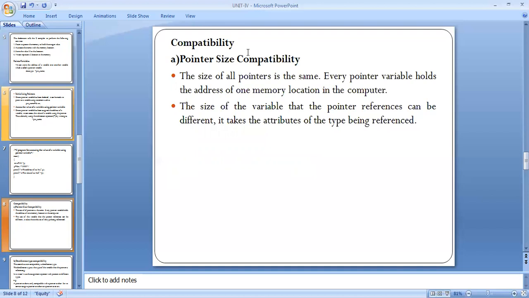Pointer size compatibility means the size of all pointers is the same. Every pointer variable holds the address of one memory location in the computer.